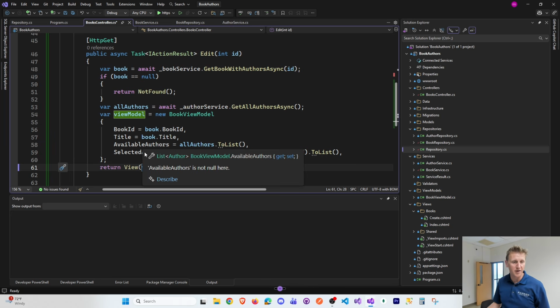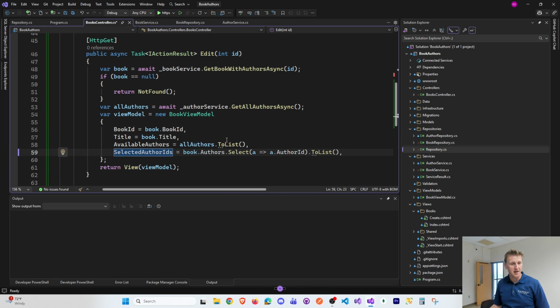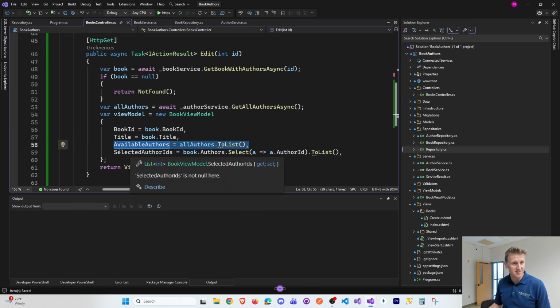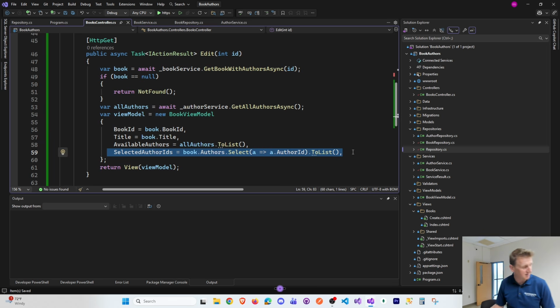If there's already a selected author ID, we'll check the box, and we'll also just populate all the available authors and a bunch of checkboxes. So this will get you the checkboxes. This will check the checkboxes of the existing authors. So get the book, get all the authors, populate a view model, send it to the view. We don't have that view. So let's create